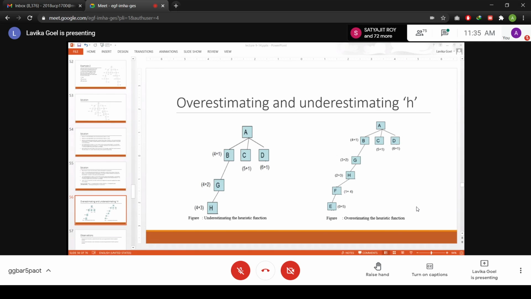Okay, and they are one level away from A, so G value is 1, 1, 1 for all three. So the total value is 4 plus 1 for B, 5 plus 1 for C, and 6 plus 1 for D. Now basically this B might be many moves away from the goal state, but I have underestimated its value as 4 moves away from the goal state.